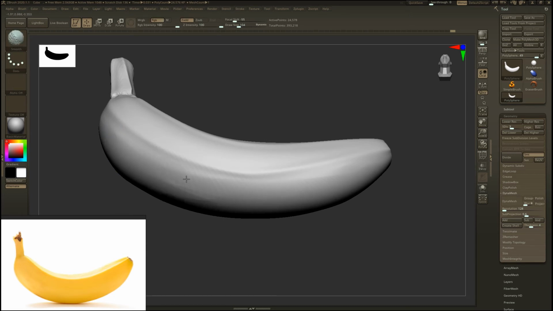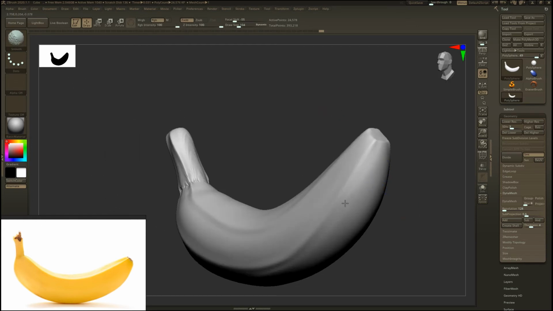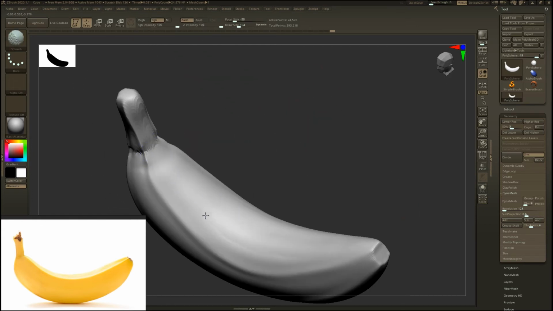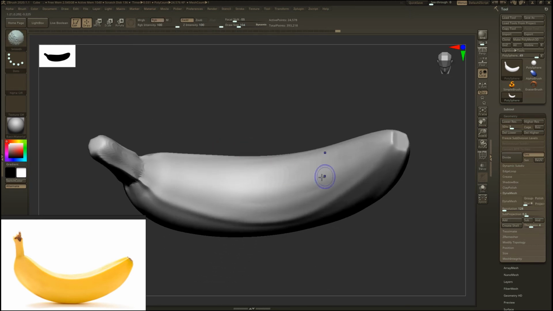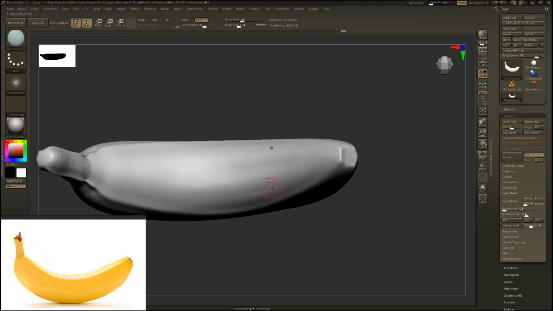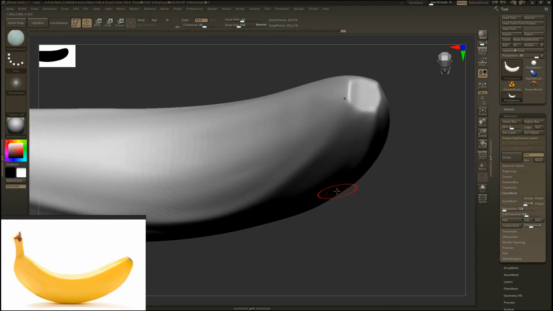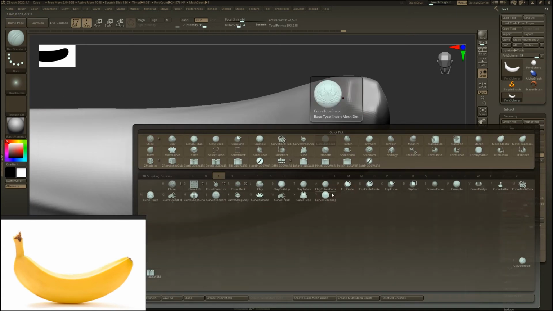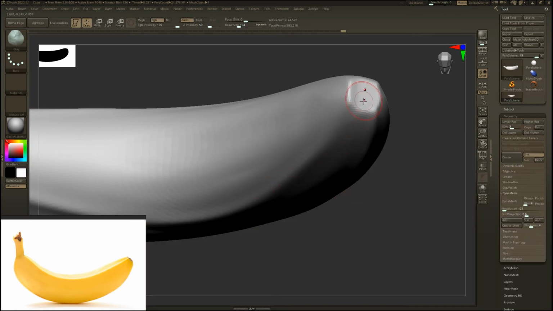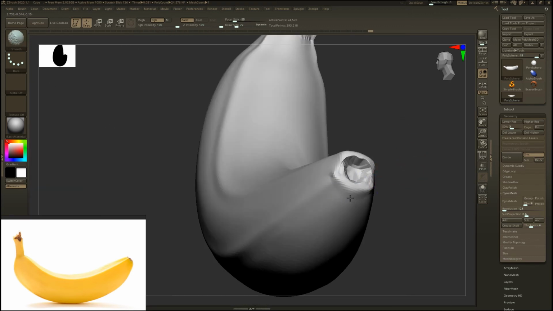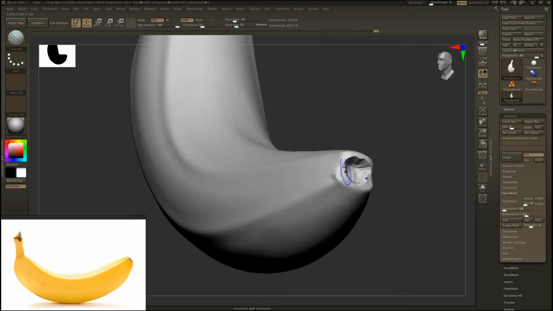Now smoothing out some imperfections. Now choosing the clay brush as I want to add some volume here. And smooth it out, decreasing my smooth brush intensity by pressing Shift.